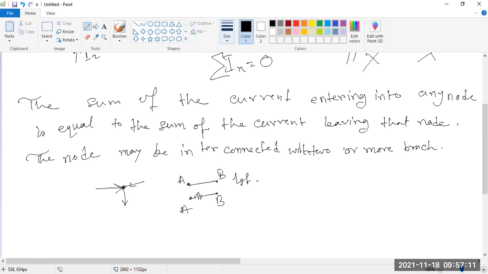But if between A and B there are any components, like resistance, capacitance, inductance, or any semiconductor device, as you will see further, then it is called a branch. Otherwise, if there is only a straight line with no components and no resistance, then it is called the same point. But we just distinguish A and B as a space. Okay, so this is the branch, and where more than two branches are